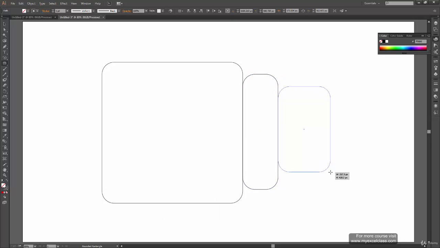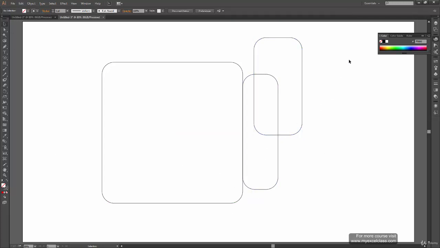So like in rectangle tool, when you press Alt key with rounded rectangle, it shifts the center of the rounded rectangle, and now you can scale or increase the size of the rectangle or decrease the size from all the sides. Okay, so that looks good, and release the mouse and release Alt key to create your shape.